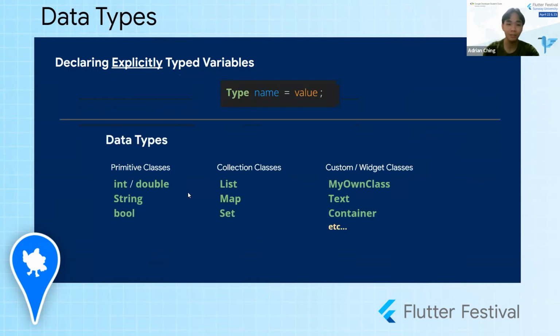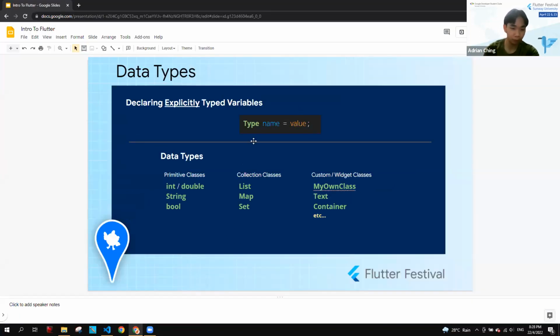These are the actual data types in Dart. So each data type, every type of data in Dart, is a class. Don't worry about what a class is yet, but just know that each class will have its own features and own functionalities. Now these are the primitive classes. If you guys have programming knowledge, you would already know what these are, but it's okay, let's demonstrate. So I'm going to split the screen here.